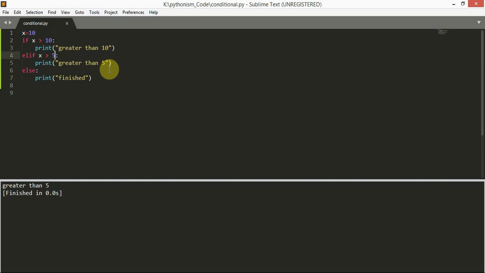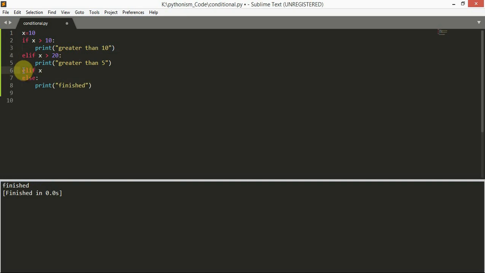If suppose I've used 20 here, now we will get only finished, because 10 is not greater than 10, and 10 is not greater than 20, then it will execute whatever statement is present inside the else part. Okay, and then run. See, finished. So this is how multi-way decision works. That is if and then elif. You can use even another elif also inside this one.